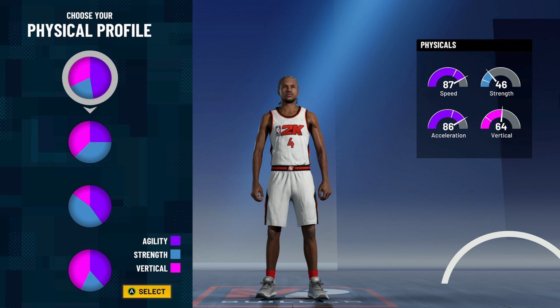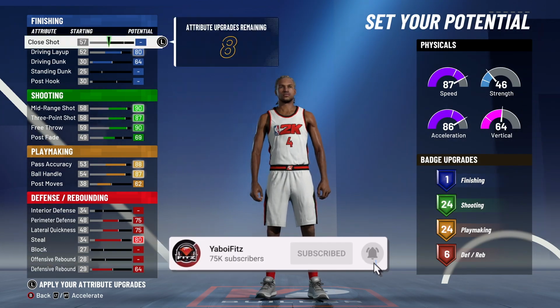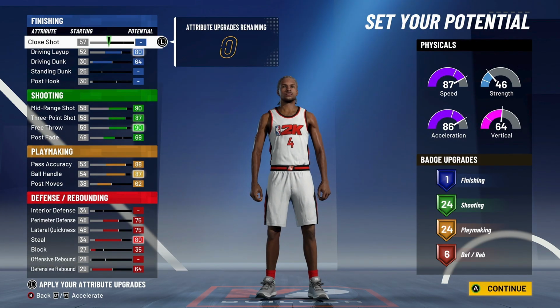So yeah, we're gonna go with the speed pie chart so we can get our speed as much as possible. Alright, so like I said, I got a variety of attributes to show you guys. So for the first one, in my opinion, this is probably the better, most regular, easiest one to use. So this is going to be the one that gets 1 finishing, 24 shooting, 24 playmaking, and